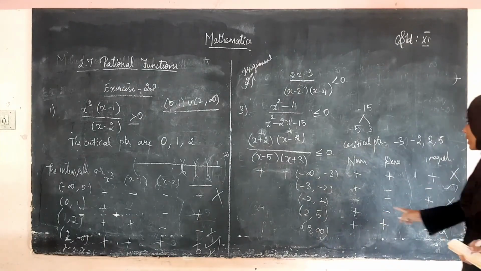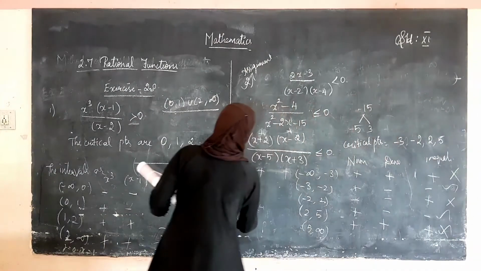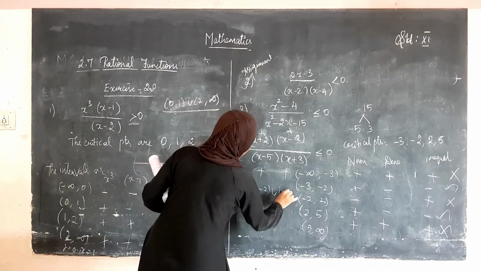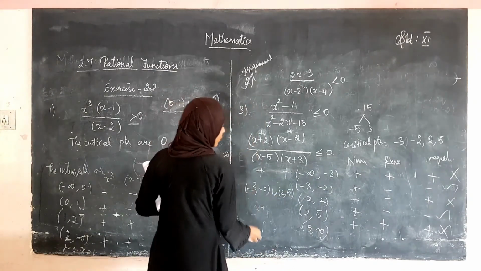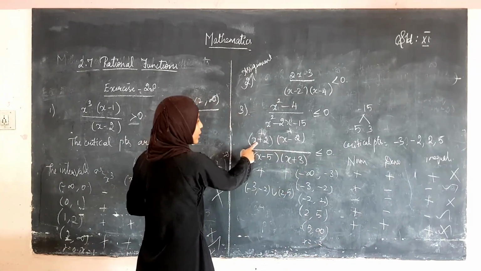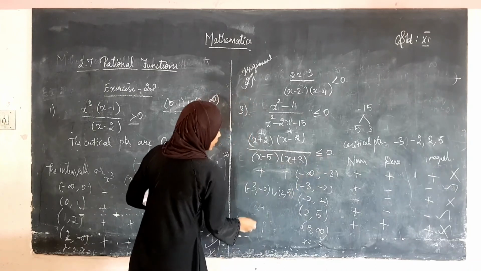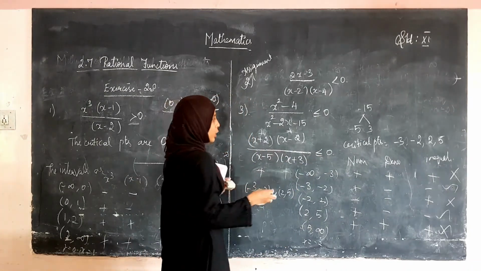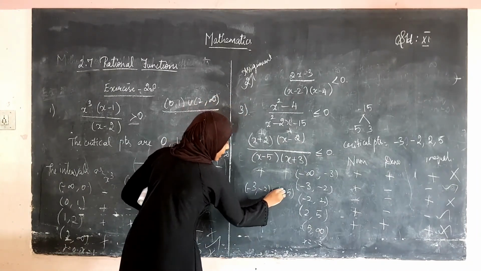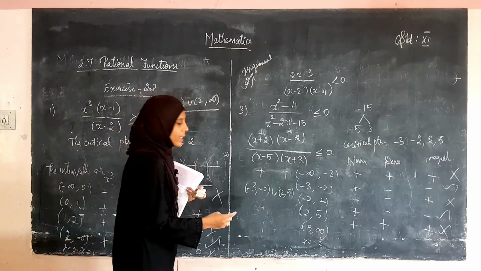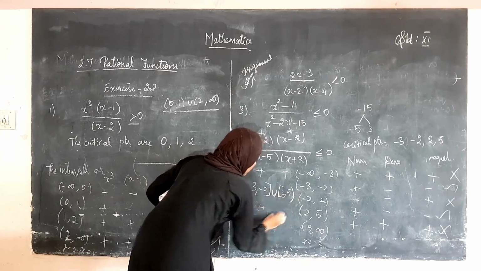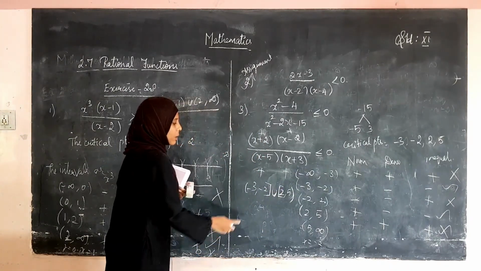So, what are the things that hold? That is minus 3 comma minus 2, union this one, 2 comma 5. And another thing is, you have to substitute x is equal to minus 2. If we substitute x is equal to minus 2, the answer becomes equal to 0. Therefore, minus 2 also holds, and when we substitute x is equal to 2, the answer becomes 0. So, 2 and minus 2 you have to include. If we take this as an open interval, it does not include 2, right. If we take it as a closed interval, what happens? Minus 2 and 2 are included.